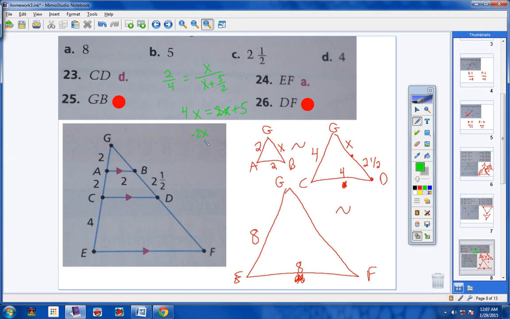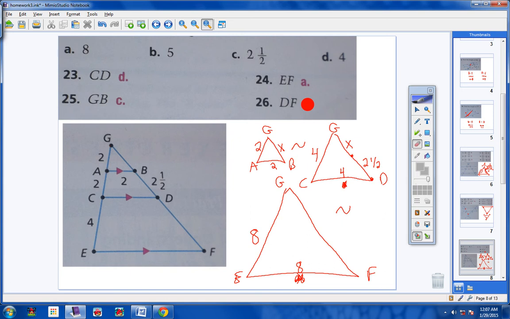So you're left with 2x equals 5. Divide by 2, and x equals 2.5 or 5 over 2. Either way is sufficient, okay? Which would be letter C, and that is the answer to number 25. Letter C. Alright? Okay, moving on to number